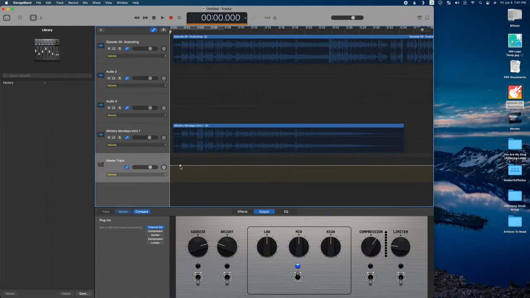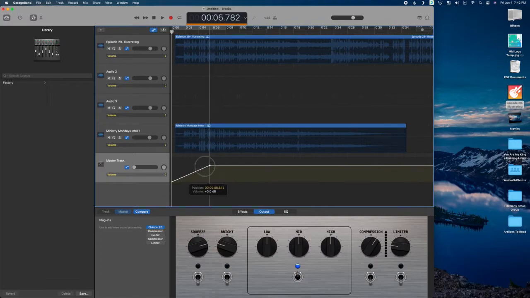And the way that you would do that is you would click on these points here, and you can fade in and fade out. And so now this would fade the entire track or not fade the entire track if you got rid of it. And you could come over here, you could create a fade out as well. And you can see I already did that on my intro track,